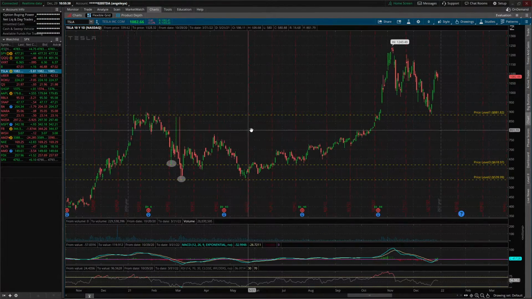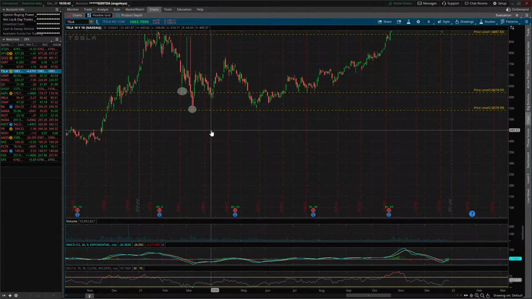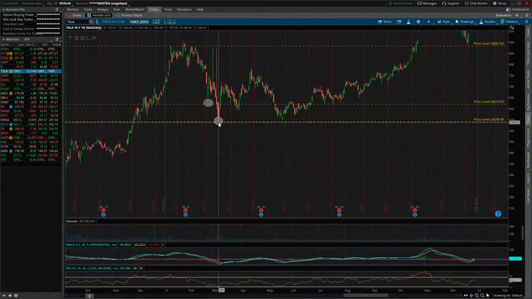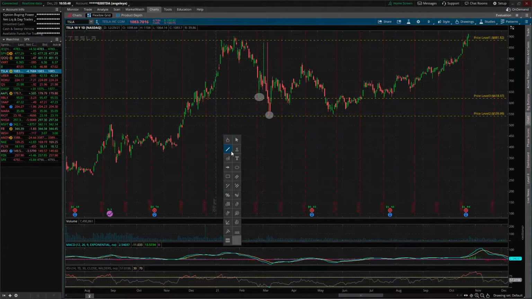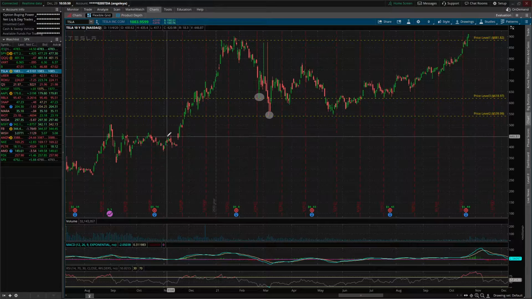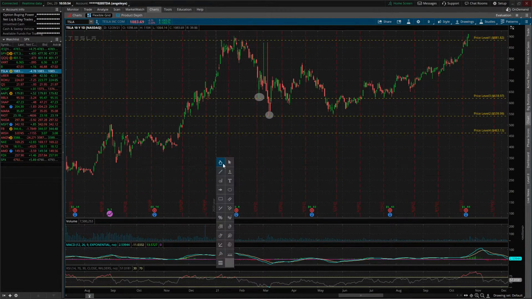And that's how we play it. Support doesn't mean it's not gonna break down. It's just if it does, where's the next area, right? So if this right here didn't bounce right here, where else would it have fell to? Well, I look back at all this area right here, and if you see, boom, that line right there,